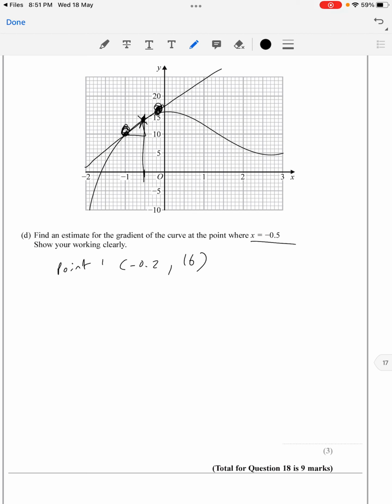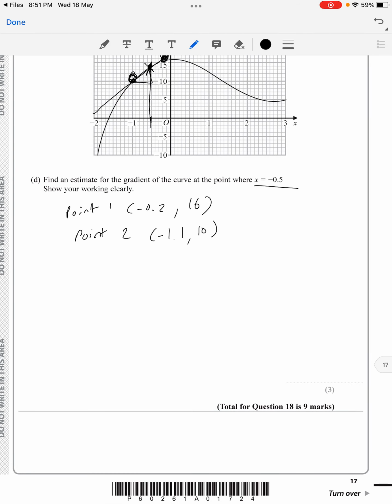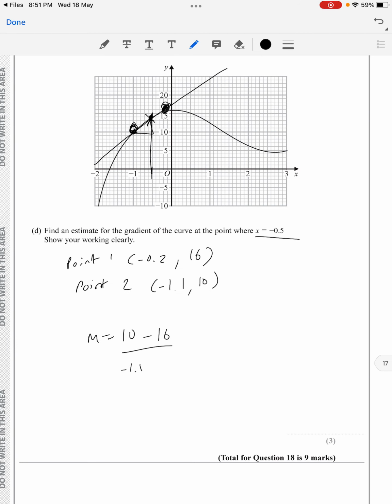So you have minus 2.5, 16, and point 2 should be about minus 1.1, comma 10. Now you're going to find the gradient by y2 minus y1 divided by x2 minus x1. So that's about 10 minus 16, divided by minus 1.1 minus